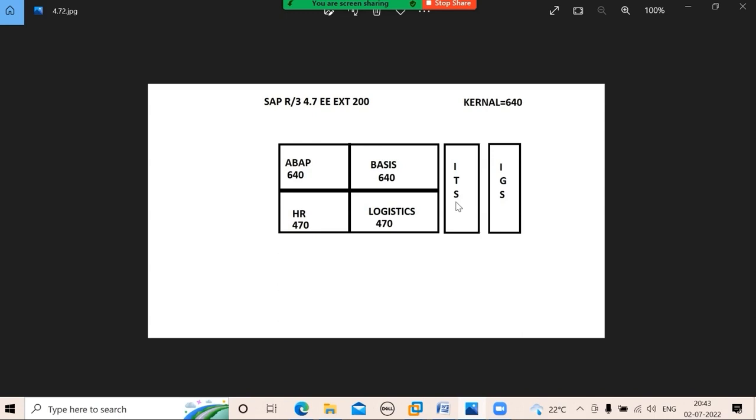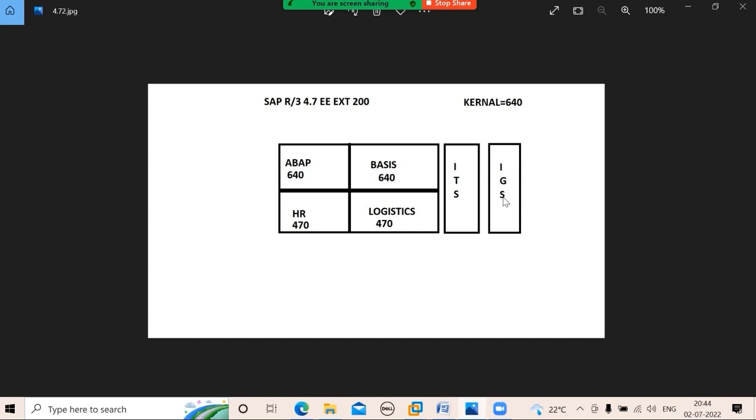When you are supporting the internet, this internet is rich, will have rich graphical pages, Java pages, graphics, right? Rich pages, you will have a rich kind of web pages, colorful pages. To support all this graphics, they need some graphical engine. That is nothing but IGS, Internet Graphical Server.